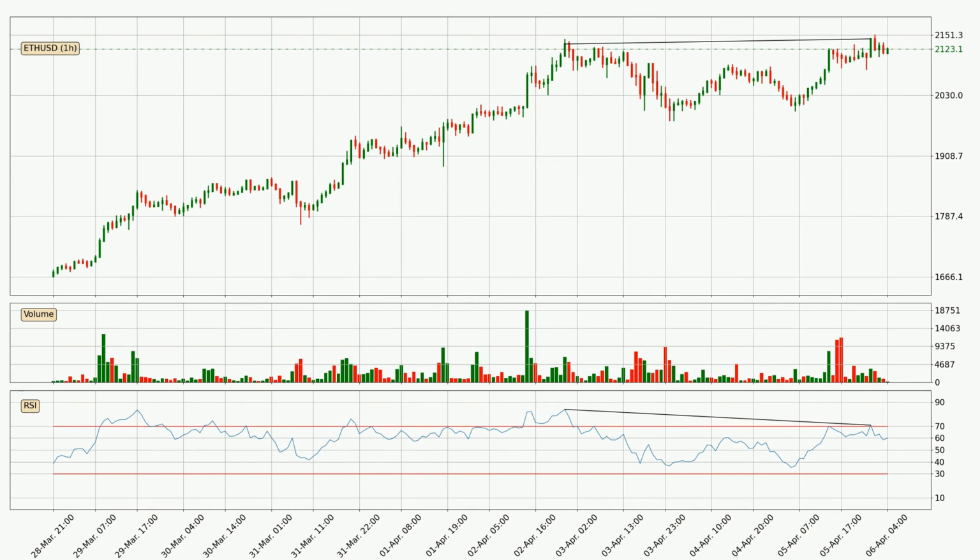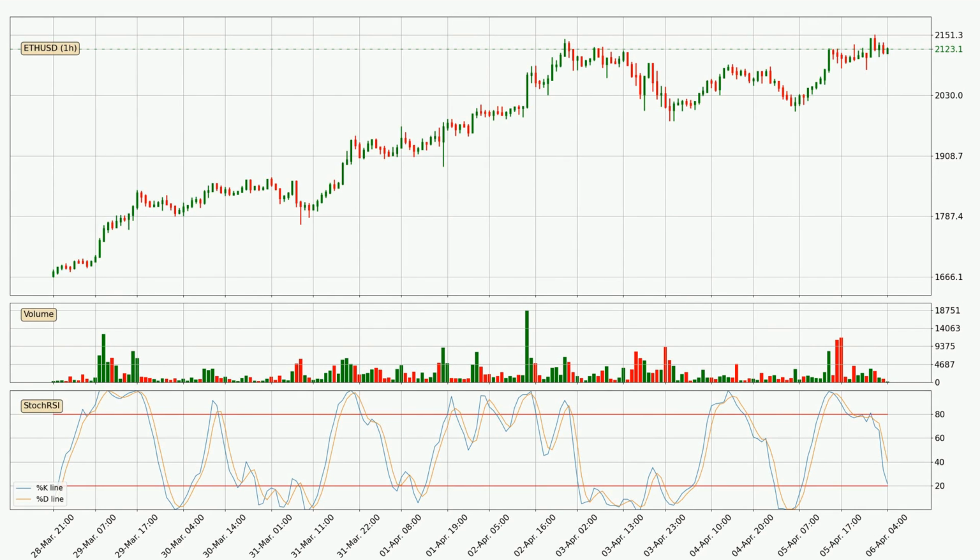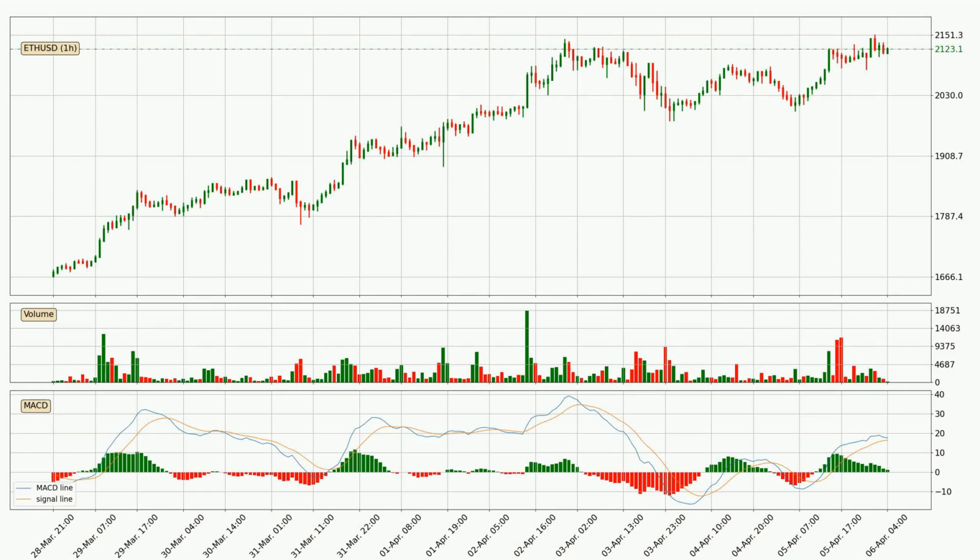time being. Jumping to the hourly stochastic RSI, there are no signs of the stochastic RSI being oversold or overbought at this time, but the %K line is below the %D line, which means the current trend is on the downside. Jumping to the hourly MACD, the MACD line is above the signal line, which shows that the current trend